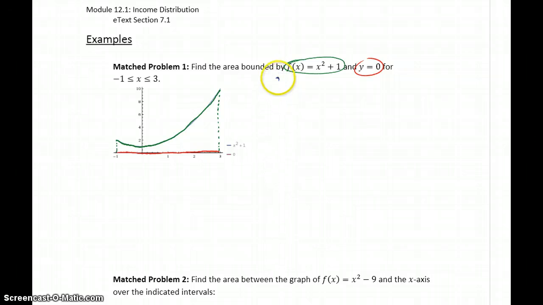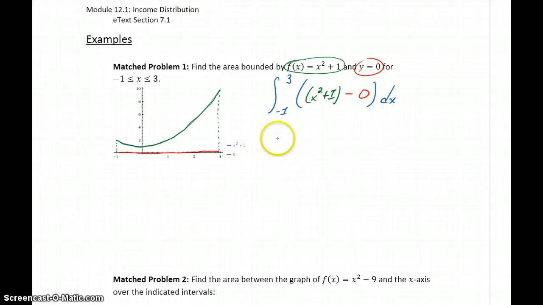So to integrate this, we'll be integrating from -1 to 3 of our larger function, so x squared plus 1, minus our smaller function, which in this case is just 0, and integrating that with respect to x. So this is just the integral from -1 to 3,